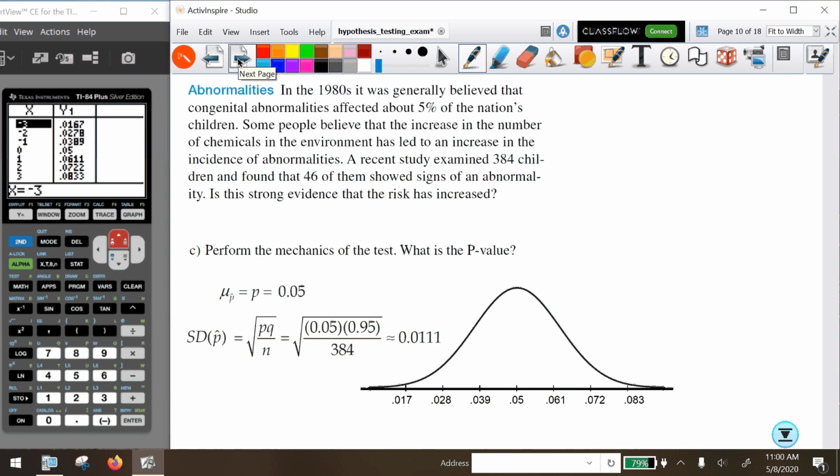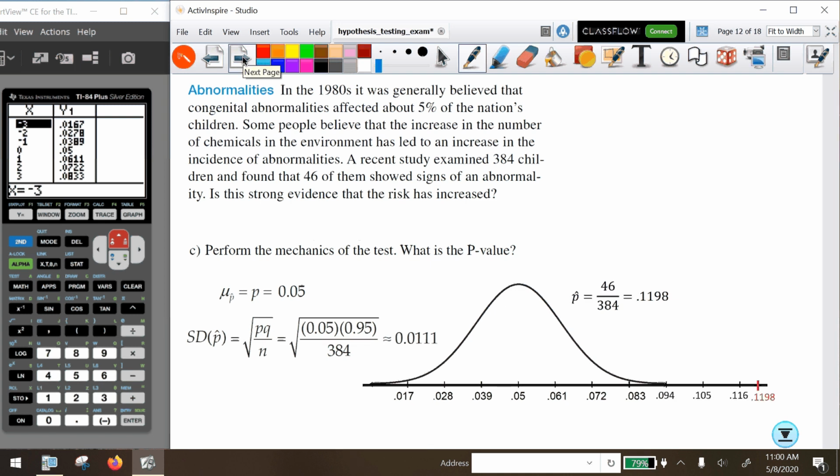All right. Now, we have a sample proportion of 46 out of 384 children, and that's 11.98% or 0.1198. Where does that land on this normal model we drew? Well, it lands pretty far to the right. It's about 6 standard deviations above the mean, a little bit more than 6 standard deviations above the mean. So how rare is this to occur? It almost can't happen. Almost,